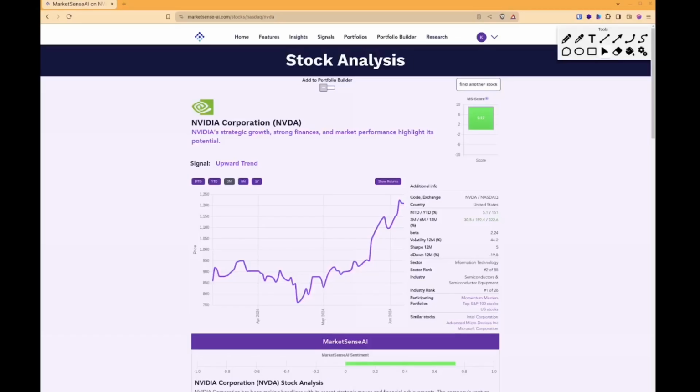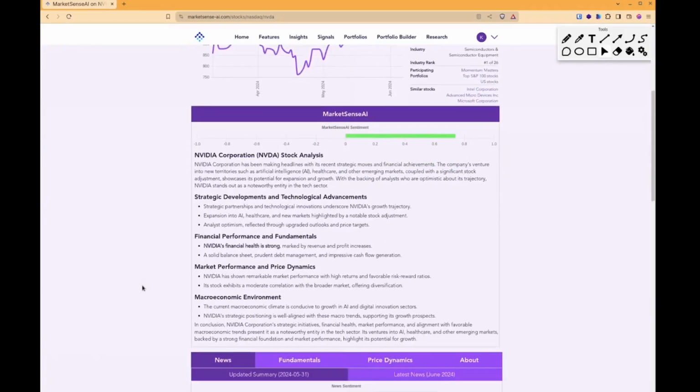All right, let's dive deeper into analyzing a specific stock using MarketSenseAI's commentary. This section aims to provide an explainable analysis of the stock. As we mentioned earlier, MarketSenseAI makes its evaluations by analyzing various factors, including company news, price dynamics, financial statements, and the broader macroeconomic environment. By combining these elements, it mimics the reasoning of an expert financial analyst to recommend actions